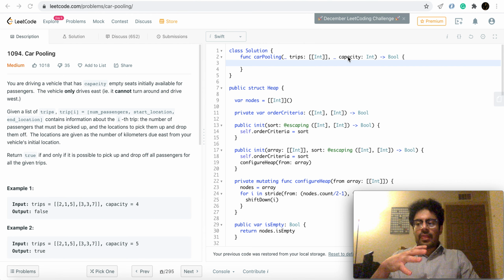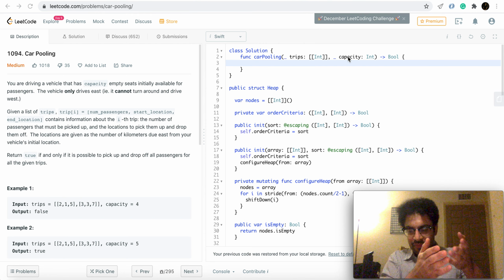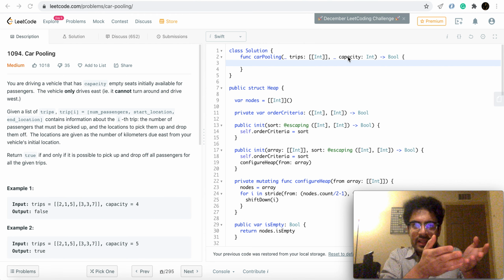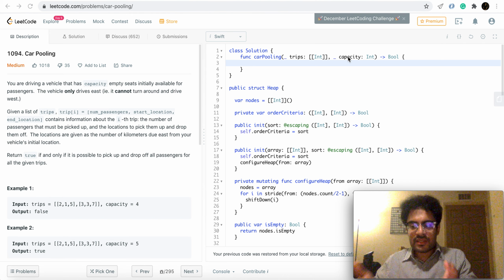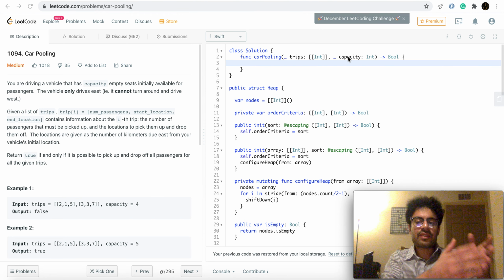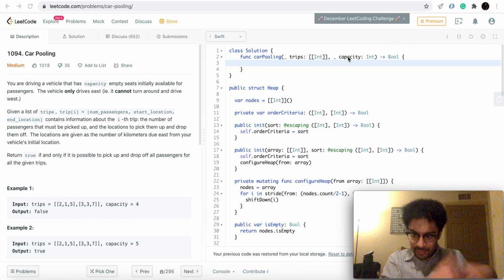Now, why am I trying to find all the trips that have finished before the start time? Because if they have finished before the start time, I can add the capacity of the passengers who were dropped off in those trips to the running capacity of the car. It has increased the number of passengers that the car can accommodate, because those trips have already been completed.